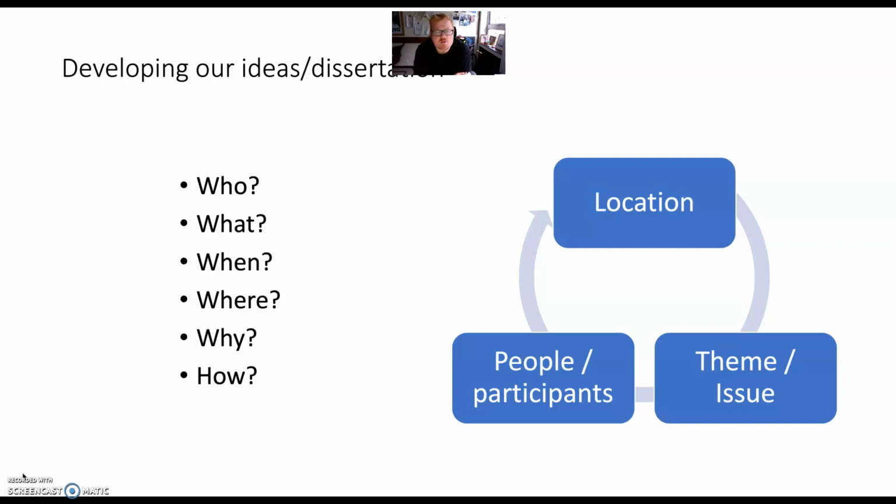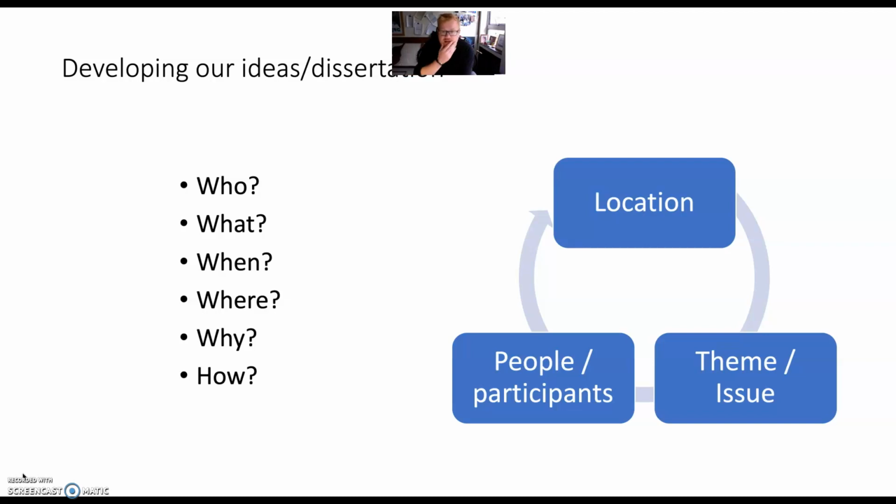But invariably, all projects will engage all three of these different areas because you might be looking at why certain people, such as, say, decision makers in local authorities, are tackling housing or climate change in a particular location, be it Manchester. And that would give you these three ideas here. And with these, you can then start to unpack and go into more detail about how certain issues, be it transport, economic development, community empowerment, might happen in a certain location. And it will then help you to identify which participants might be involved.